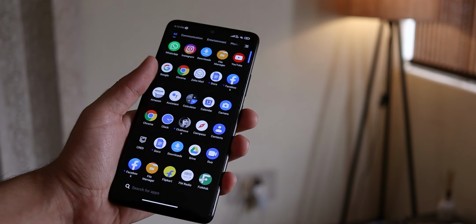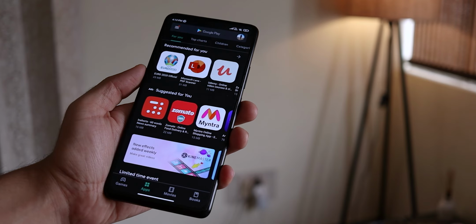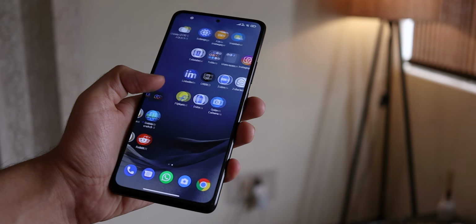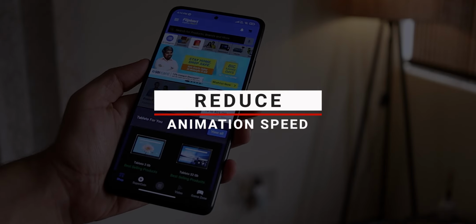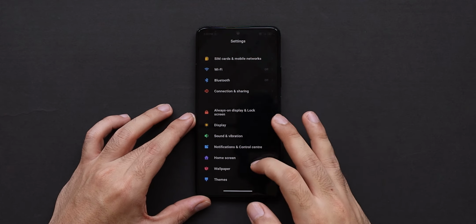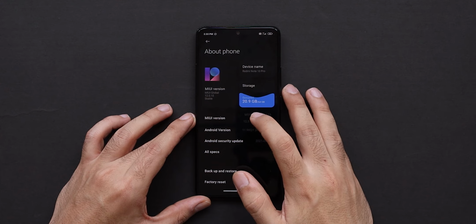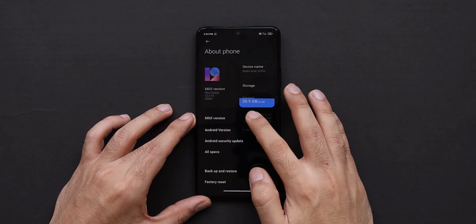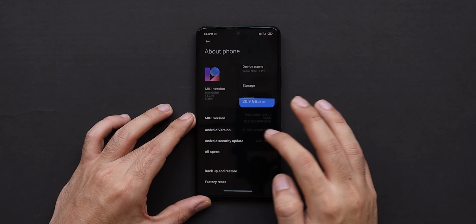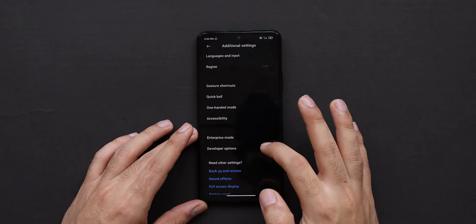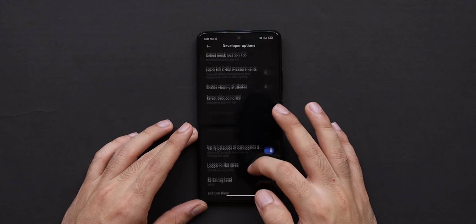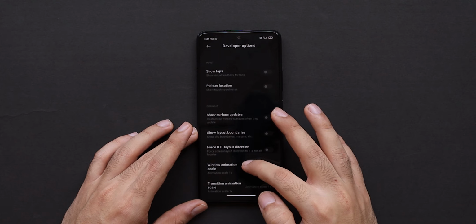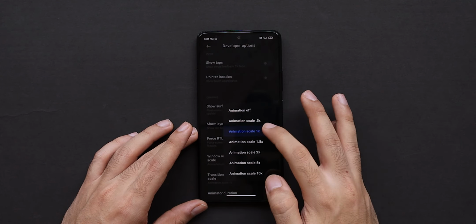Now this one is rather personal, but for me the default animation speed felt a little slow on MIUI, especially when I come from the likes of Oxygen OS and One UI. But on Android you can actually reduce the animation speed, right? So to do that, we have to first enable the developer option. So just go to settings, then go to about phone, then just tap on the MIUI version 5 times, and you should see this message that says that you are now a developer. Now the developer options is actually hidden under additional features inside the settings menu. So just go there and then scroll down until you see the Windows animation scale. Now I just changed it from 1 to 0.5 for all the three.